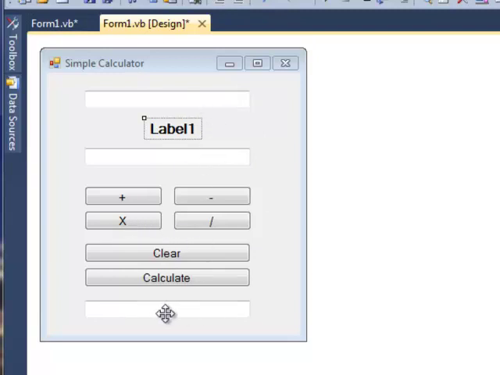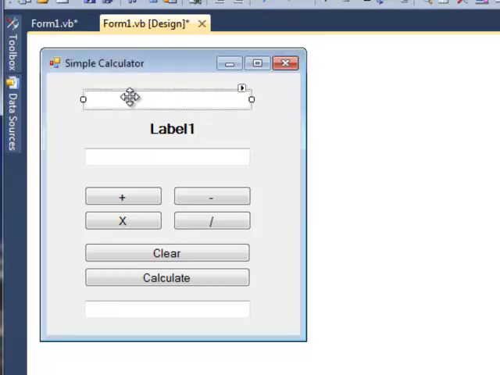So let's get going, and let's start learning how to program this. A couple of things I've done is I've made the fonts a little bit larger on the buttons, and feel free to change those font settings so the calculator appears to be more visually appealing. Okay. So first thing we did was we actually added a text box